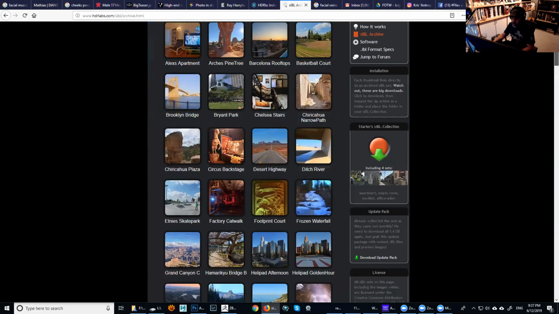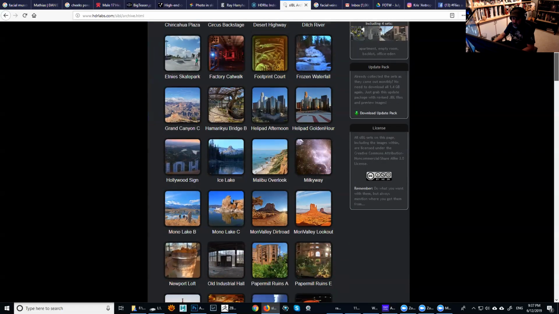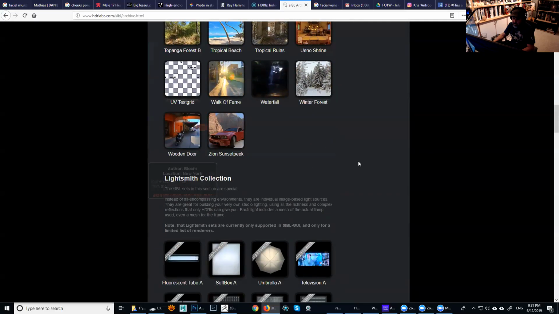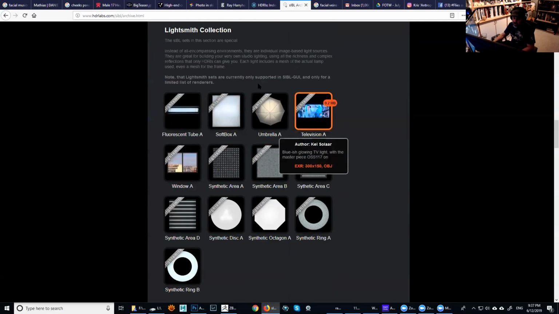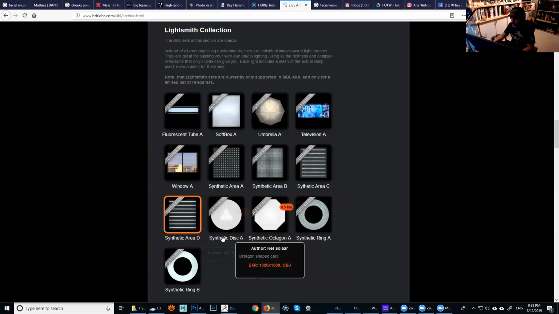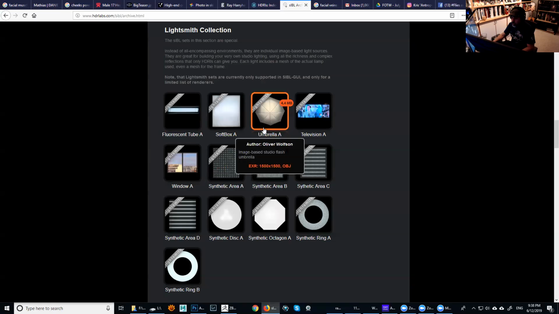It's kind of like a cylindrical projection. So if you keep scrolling down all the way, you're gonna see it ends in here, but then there's a bunch of other packs. This is a very cool one here, which is basically like if you're going for studio lighting, what you can do, you can actually map some of those HDRIs to your area lights in Arnold. And you can get these beautiful reflections that look very realistic.